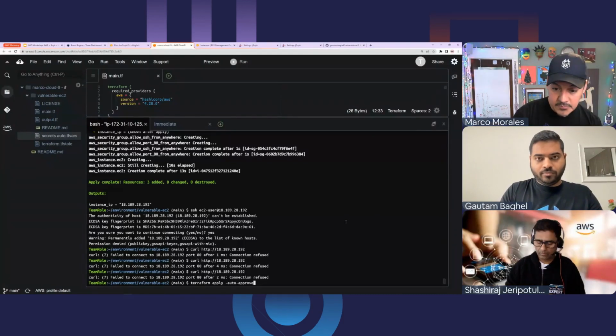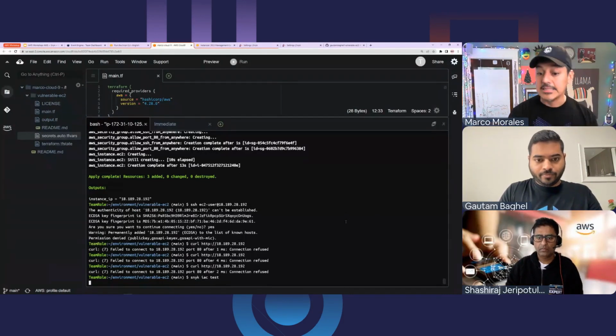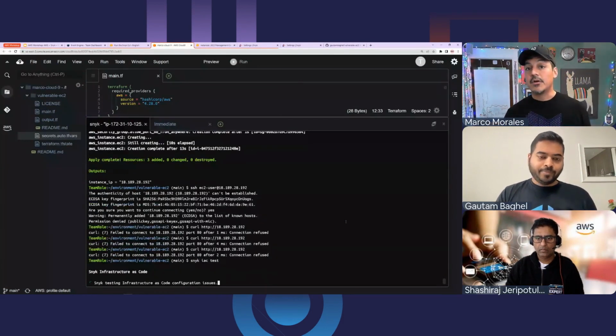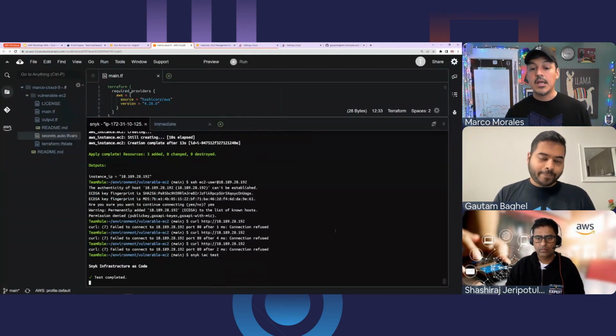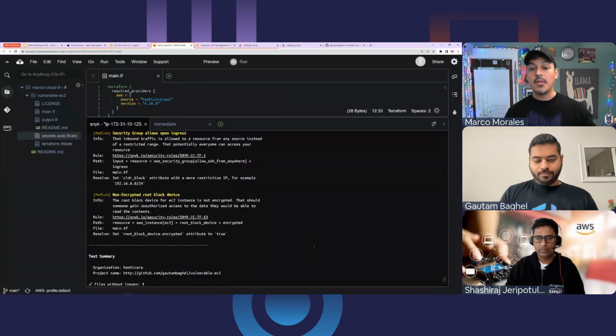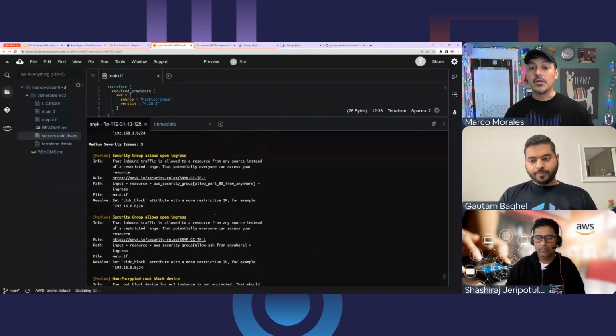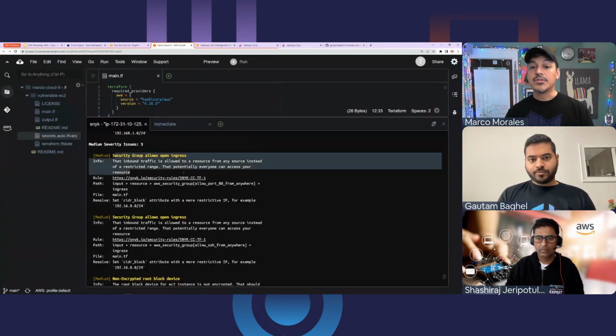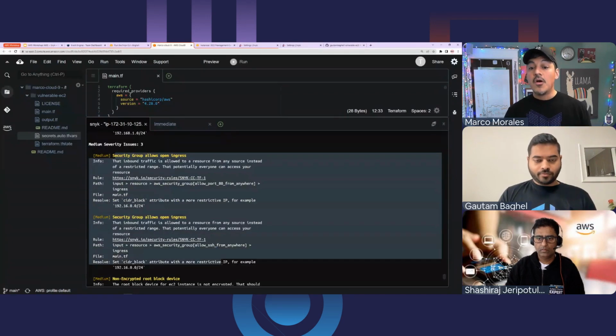So I'll do the Snyk IaC test. And this is a reminder to the people on the other side that the 3 medium warnings that we have include this security group allows open ingress for those different ports. And that's the connection of you've got this thing that's happening and you want to probably address it.